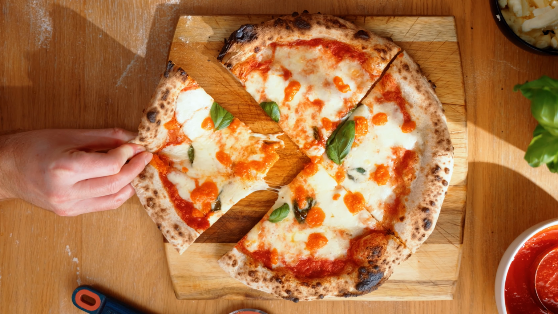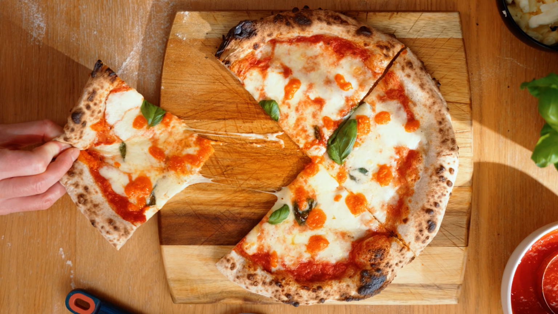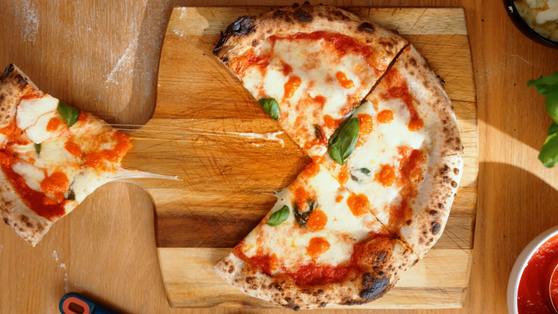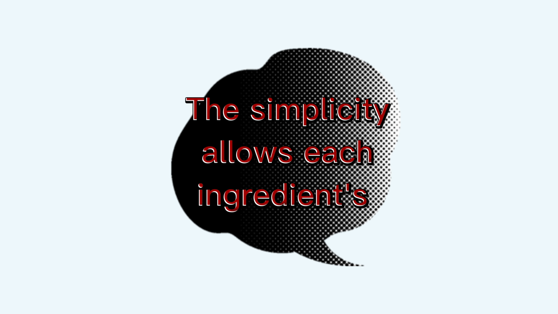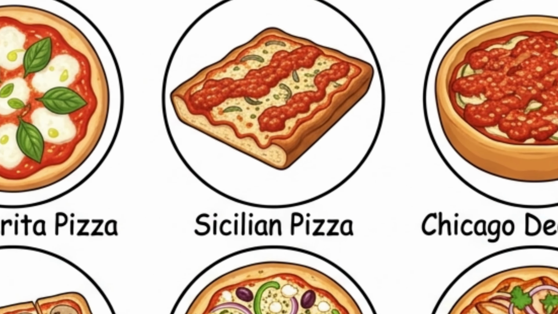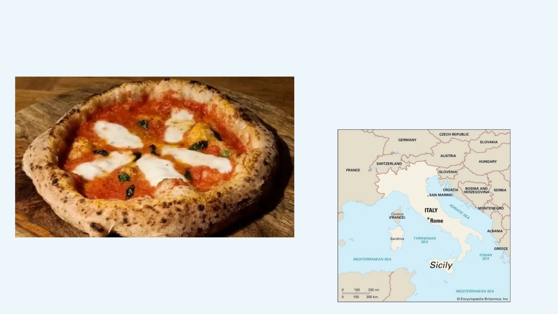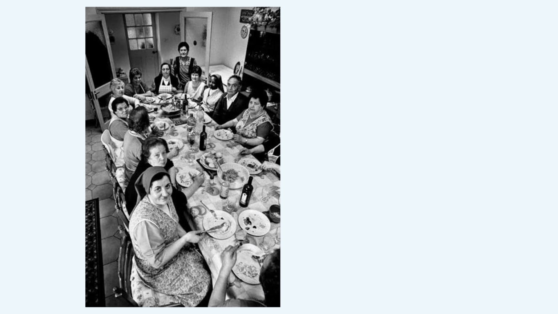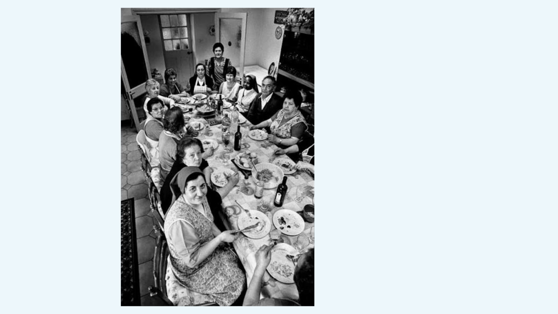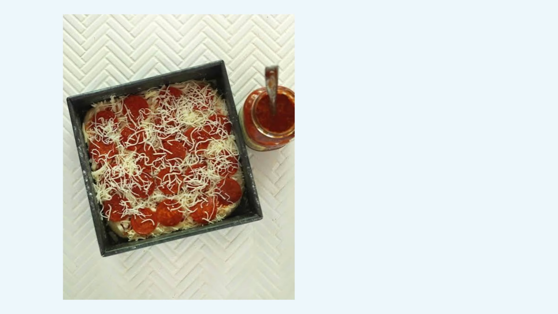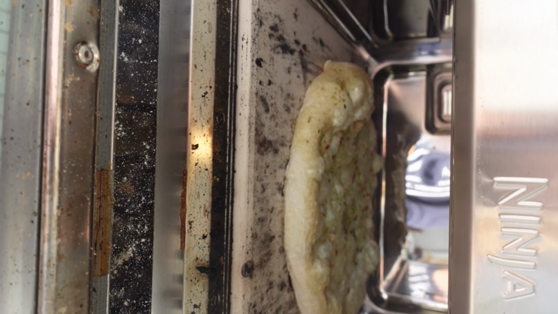This combination became the template for modern pizza and represents the purest form of the dish. The simplicity allows each ingredient's quality to shine through. Sicilian Pizza. This thick crust style originated in Sicily during the 19th century, brought to America by Sicilian immigrants in the early 1900s. The rectangular pizza sits in a well-oiled pan, creating a crispy bottom while maintaining a soft, airy